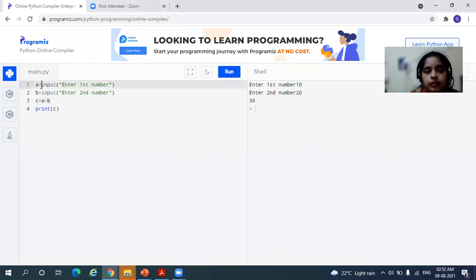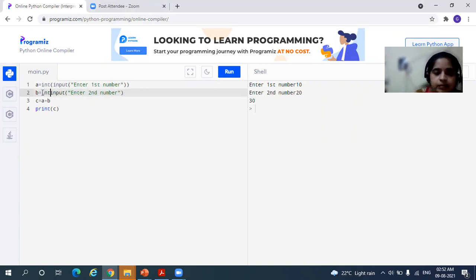For that, what you need to do is write int and then a bracket and then close it here. So whatever input the user gives should be treated as a number. That is what we are telling here. Int stands for integer. Then open bracket and close bracket here. Similarly for B, write int in small letters, open bracket and close bracket. By default, it considers the input as letters. Now I am telling my program to consider it as an integer number. So we should write int.